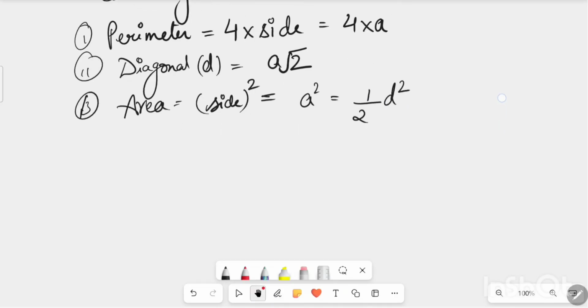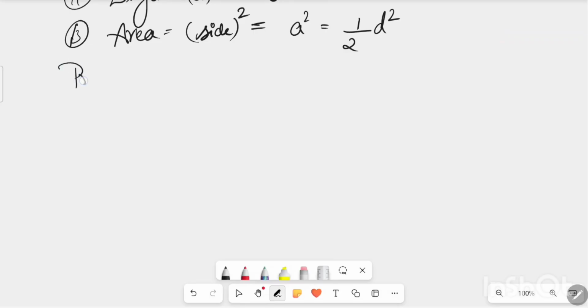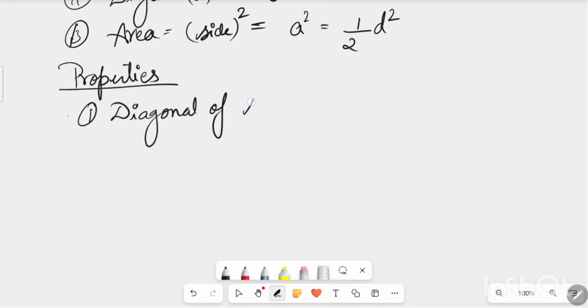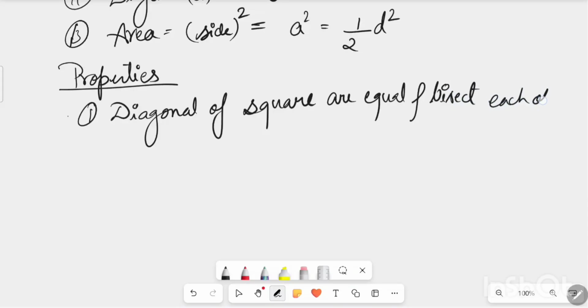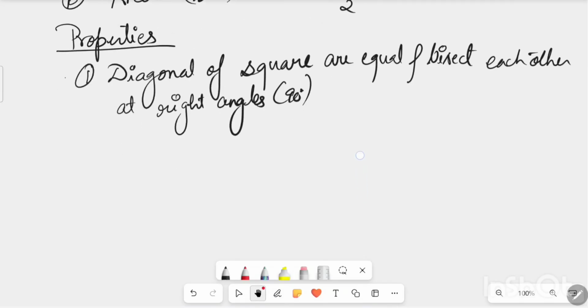Now properties of a square. Diagonals of a square are equal and bisect each other at right angles. Then all squares are rhombus,